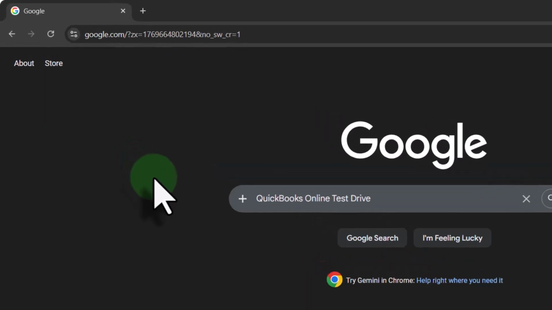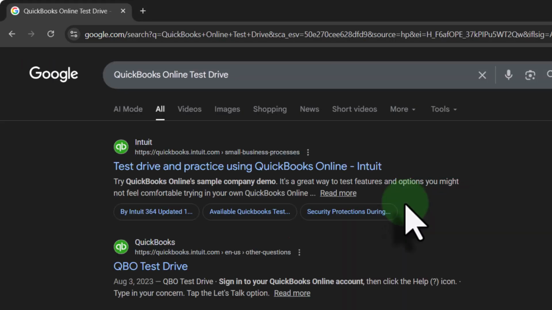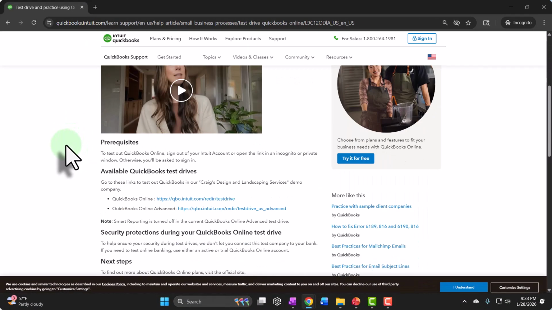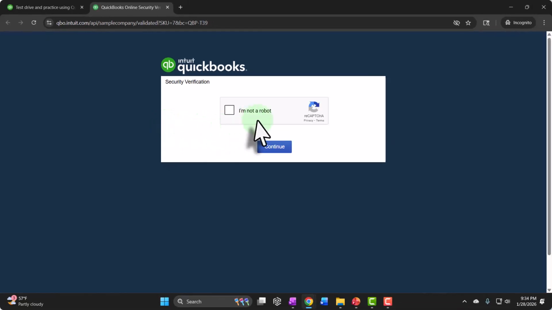Searching for the free QuickBooks Online sample company file as done every time. Simply type it into our favorite browser, QuickBooks Online Test Drive. Looking for the result that has Intuit.com in the URL because Intuit is the owner of QuickBooks. And then, of course, we're going to have to get past the CAPTCHA, verifying that we're not a